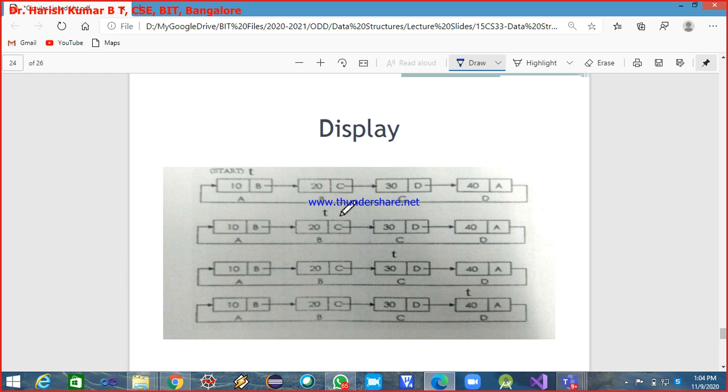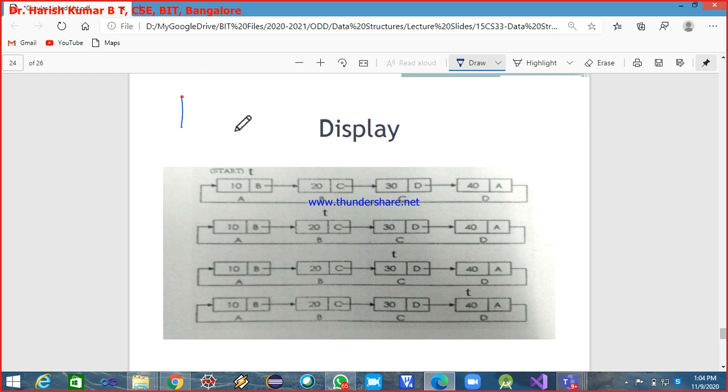So I want you people to write the algorithm part and the program part for this display. So start writing. You can write it easily. And before writing, you got to check whether the list is empty here also. If the list is empty, say the list is empty. And do you need to check whether the list contains only one node or not here? It is not necessary.